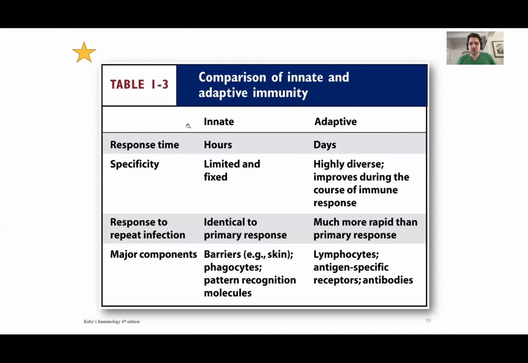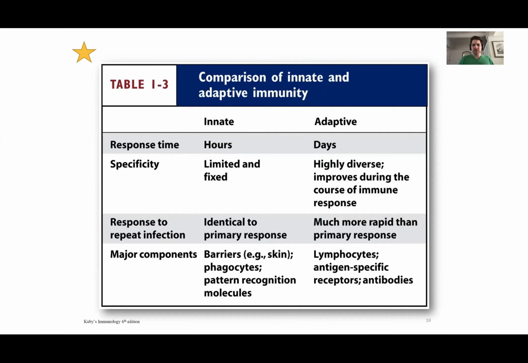As you would expect, the innate immune system is going to be quick. You can respond in hours, whereas the adaptive immune system has to form this memory. But when you have a response to a repeat infection, the adaptive immune system has those memory cells that say, okay, we've seen this already, we need to address this. And the lymph nodes are where these antigens and antibodies come together, and you're able to isolate it, right?